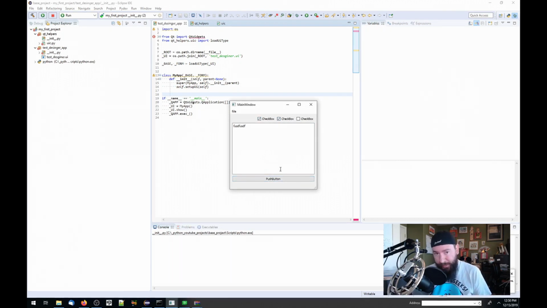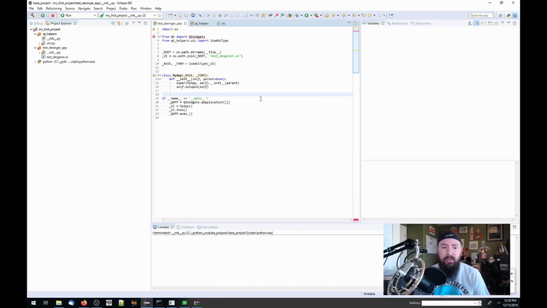It's kind of like dead. So let's add some life to it. Let's make it so that when I press this button, I can actually create a message box with the content of what's in the text box. So in order to actually add this type of functionality, we're basically going to be using the event signals in